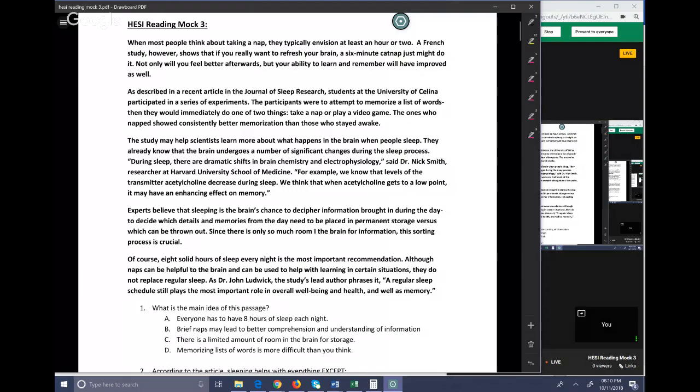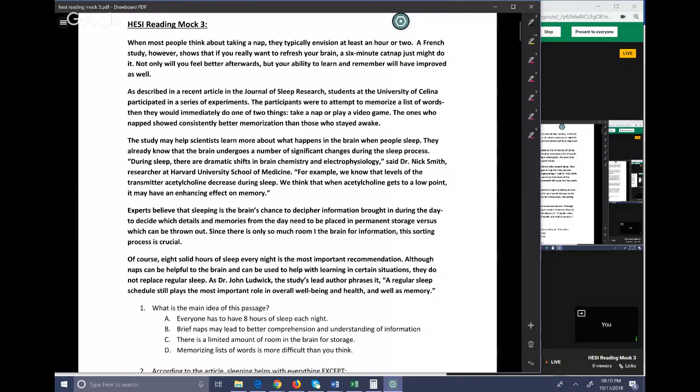The first paragraph of this one told us that our main idea is a study that shows that short naps might be highly effective for two things: feeling better and learning and remembering. You may not have put that much detail in your main idea. You might have said, short naps are effective. You might have said that there was a study about short naps and that it showed they were effective.